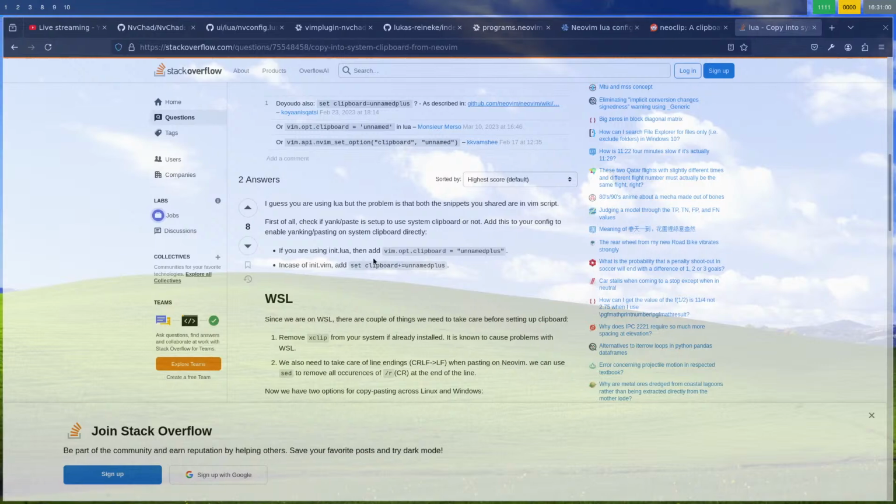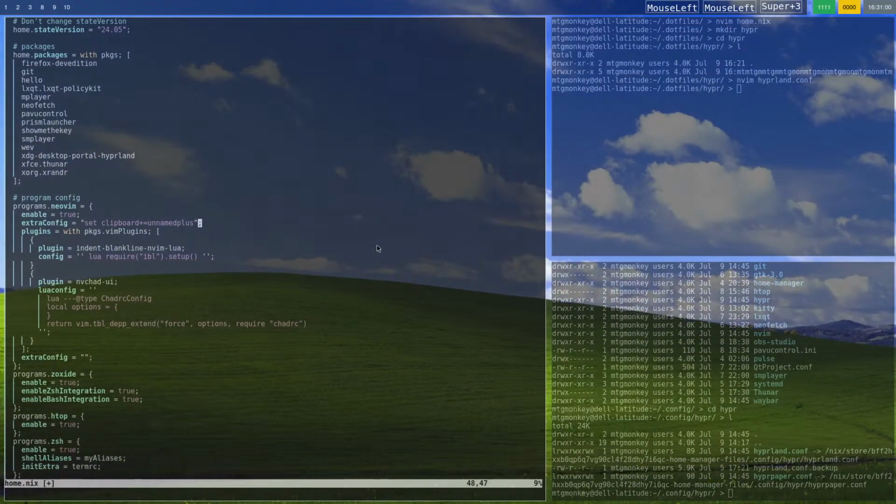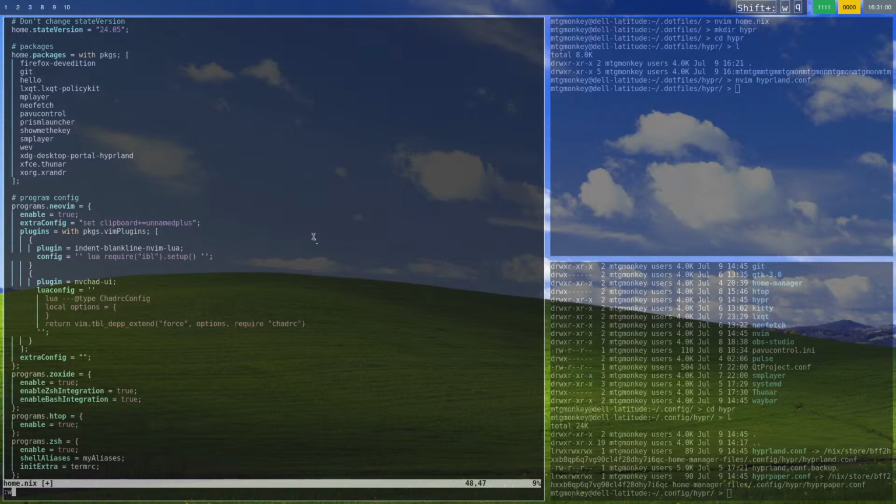It should be right. Clipboard plus equals unnamed plus. I don't know what that does. We'll write it, quit,